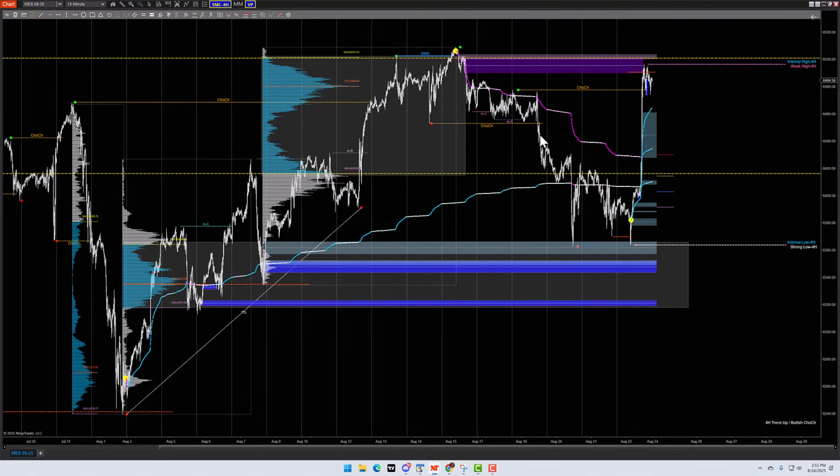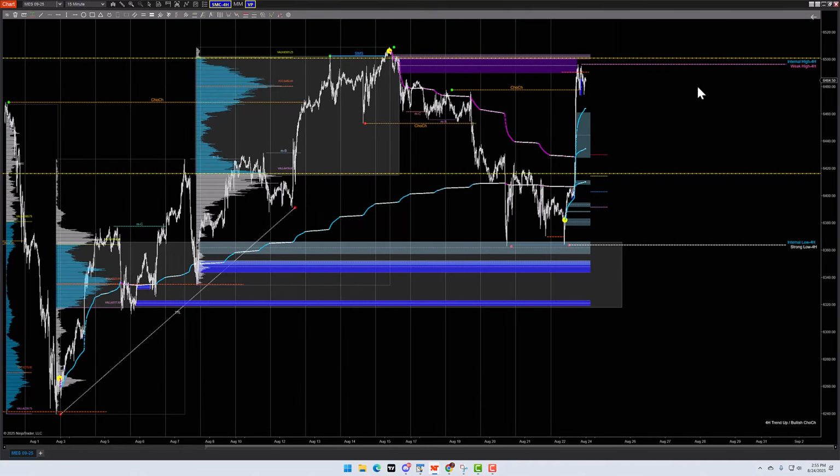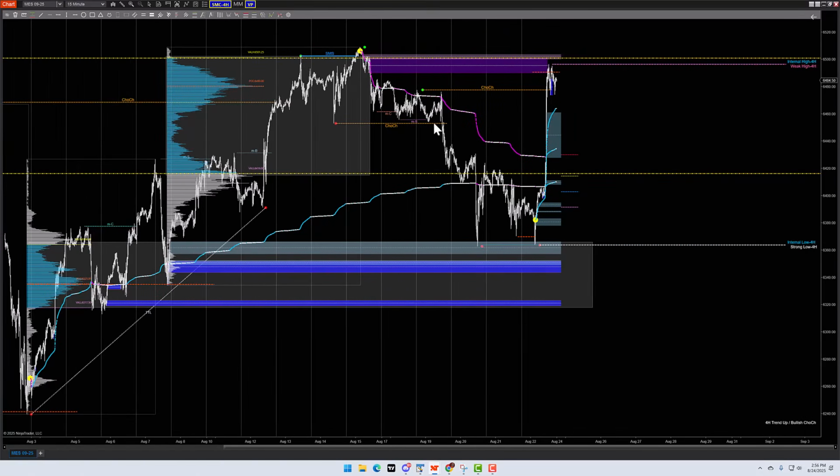So I get a change of character here, which leads into this retrace, but it's not enough to change the trend. Then I go back the other direction. Now I've got the change of character up this direction. So 4 hour trend is up after the bullish change of character. What would you anticipate? Now, again, don't get caught in semantics. A change of character is a structure break. This was a significant pivot here that led to new lows. So this is the pivot that broke,